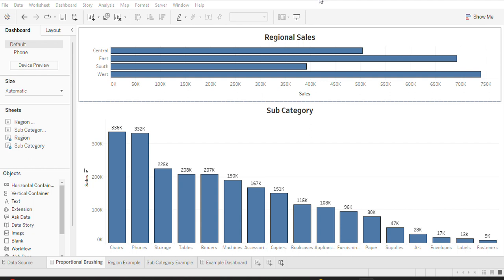We can see in this dashboard that there's regional sales across the top. Below, we can see the sales for each subcategory. Let's take a scenario in which I'm interested in seeing the amount of sales for each subcategory that's derived from each region. I can do this by creating a set and utilizing a set action, and I'll show you how